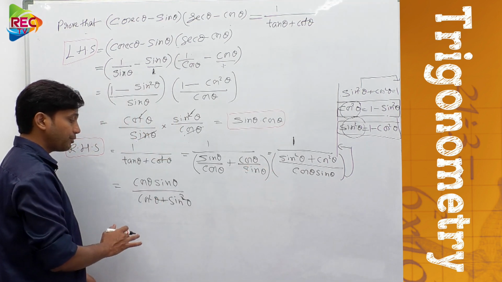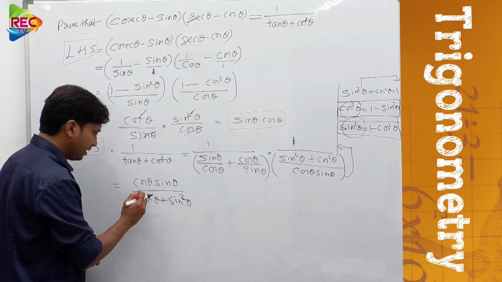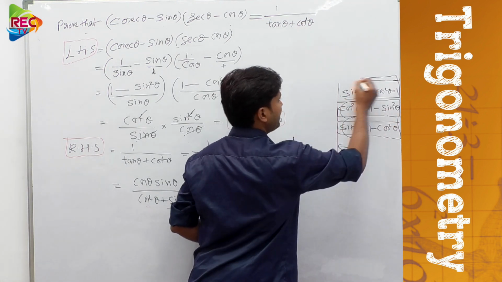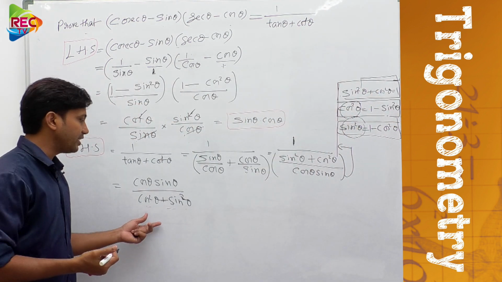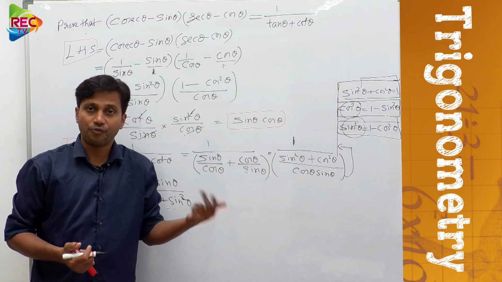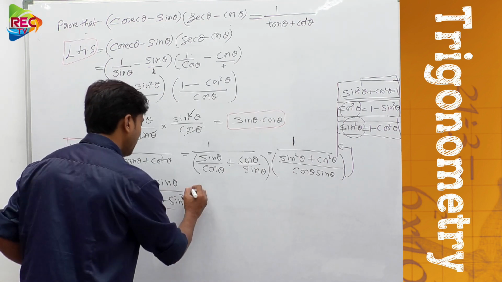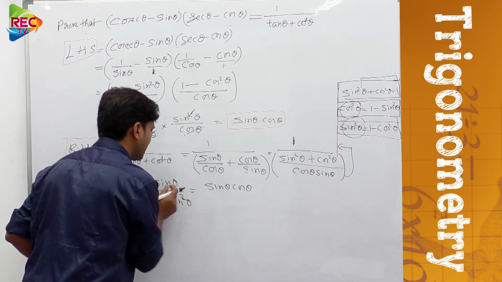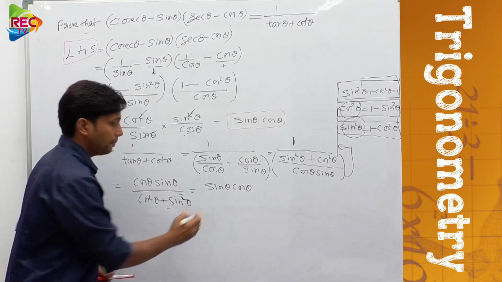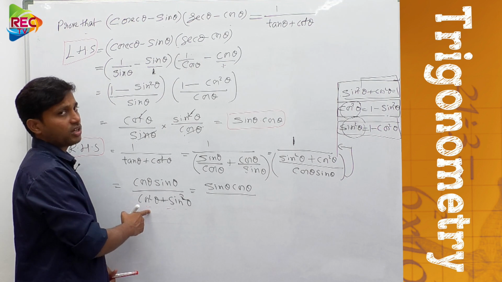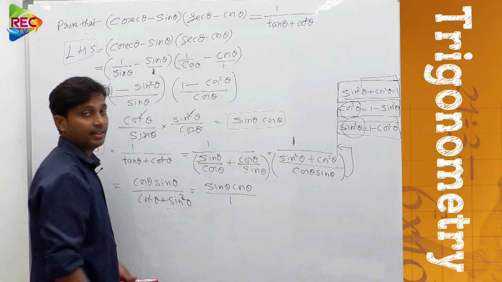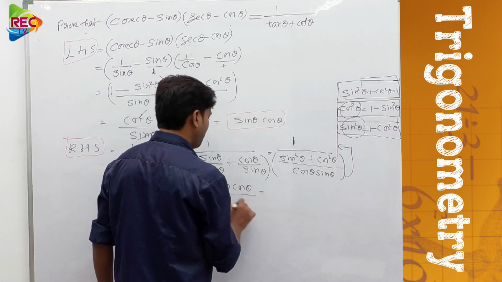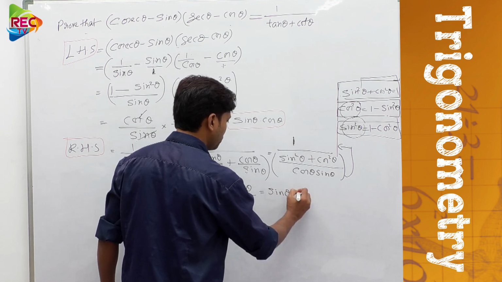Okay, now next, just focus on the denominator part. See here, this is the denominator part. What is it representing? Is it representing a standard identity or not? It is representing the identity sin square theta plus cos square theta, whose value is going to be 1. So therefore this can be written as sin theta cos theta. I just changed the order. This is sin square theta plus cos square theta, for which the value is going to be 1 from the basic identity of trigonometry. It's a basic identity, right? Anyways, so 1 means here sin theta into cos theta.